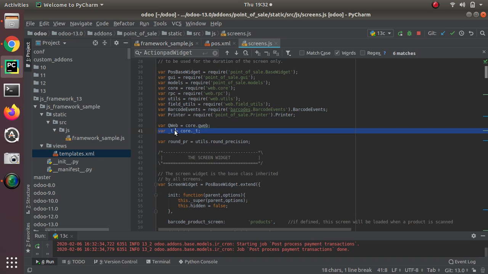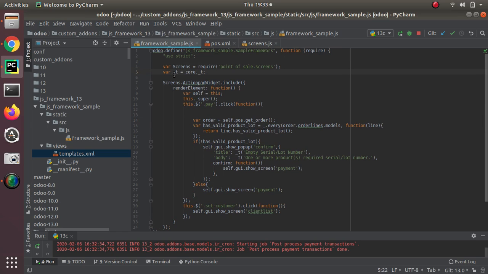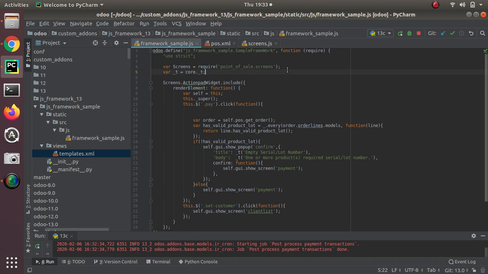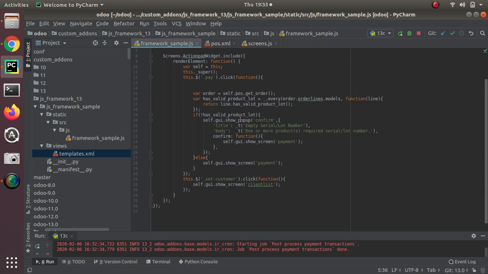This is something like translation or something. We don't need to consider that right now. Anyway, for it to work, we have to define it. This one is a part of the core, so we have to define the core as well. Okay, I have provided the dependencies. Now you can see